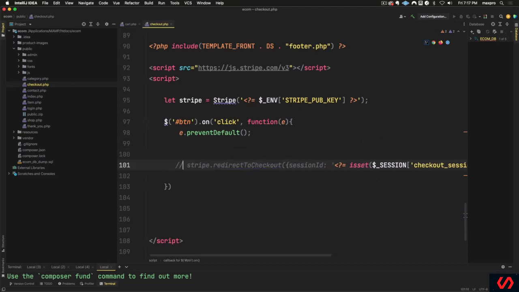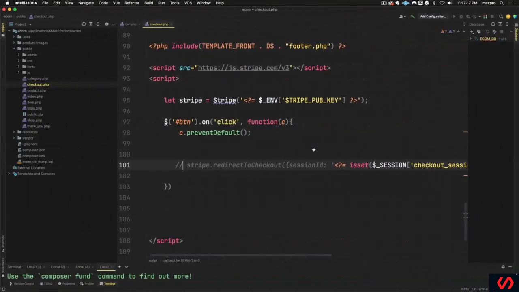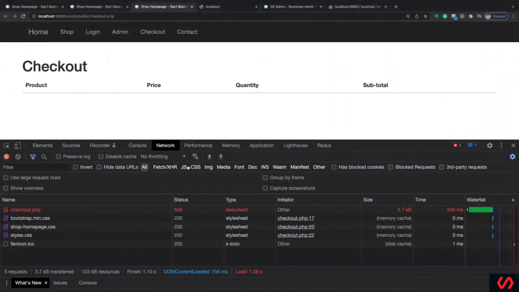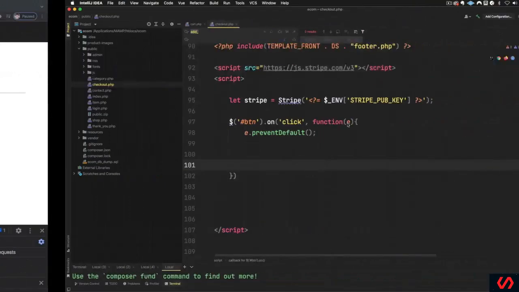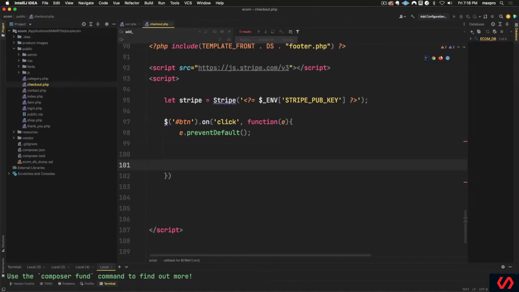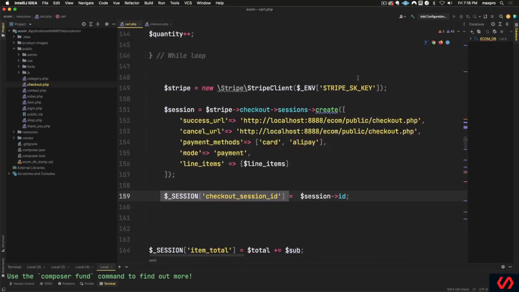Let me comment this out and see if that's causing this problem. Let me take this code out of here. Let's refresh it. And we can see that that's not what's causing this problem here. There's something going on in checkout that's causing this problem. So I'm going to comment this out. I'm going to try to see here. I'm going to pause the video and come back to it, guys. Actually, I just came back to it. I didn't find the error yet, but I'm going to show you